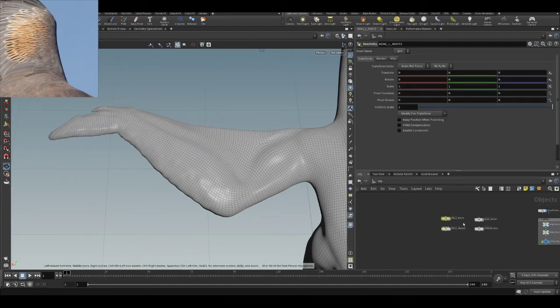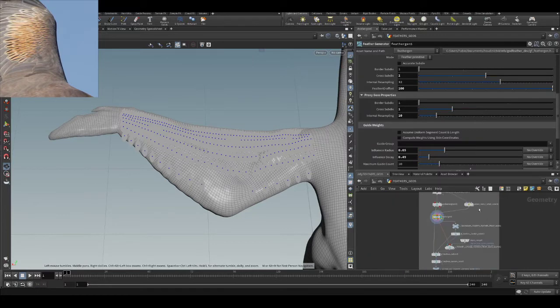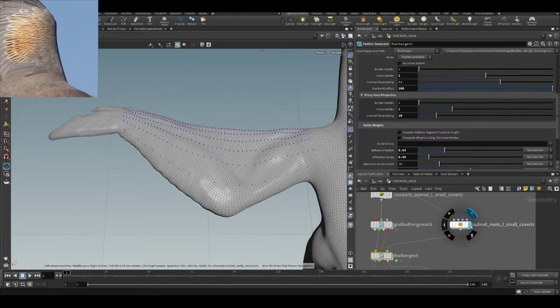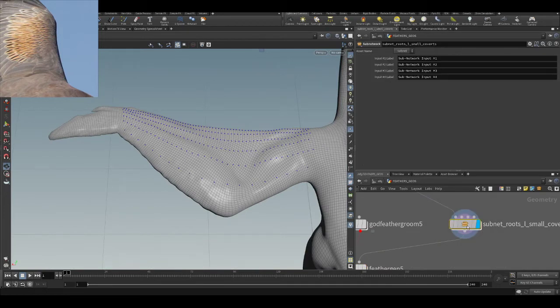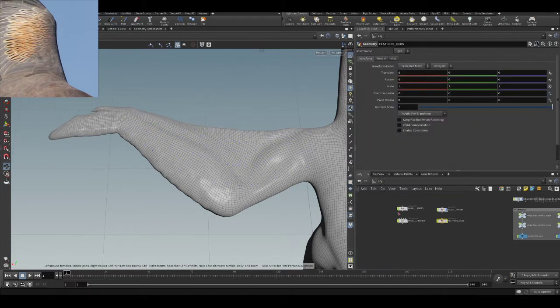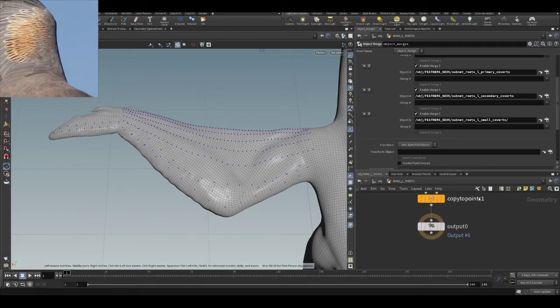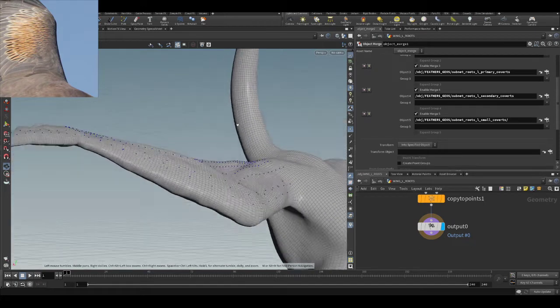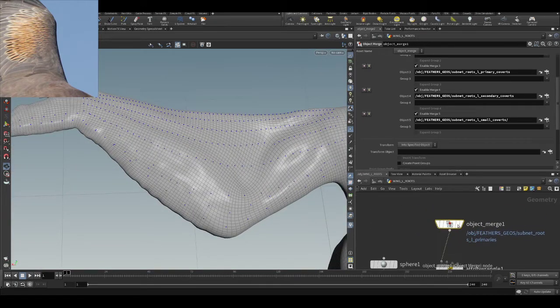And also, let me check here that everything is okay. Okay, these are points, unconnected points. And now we go back here. We are not seeing anymore the other ones because these points are coming